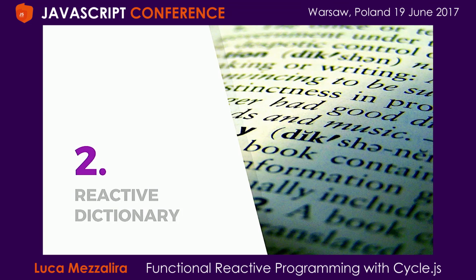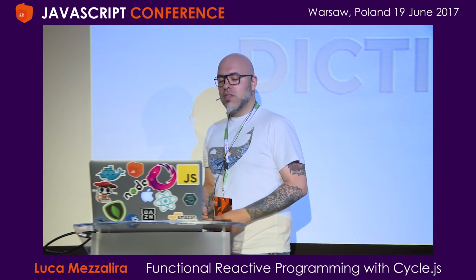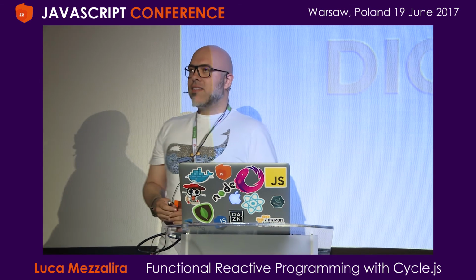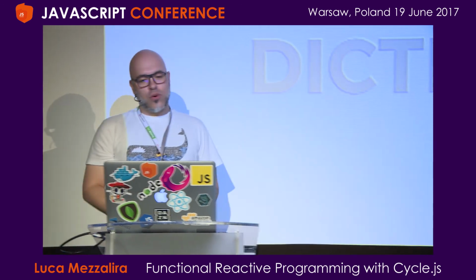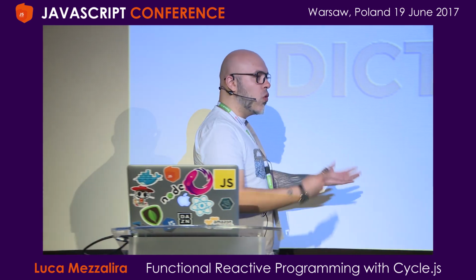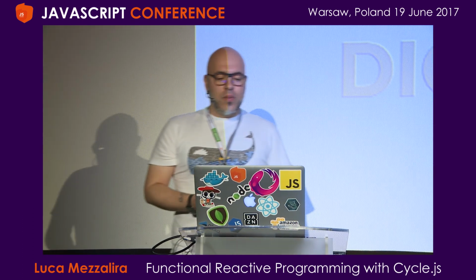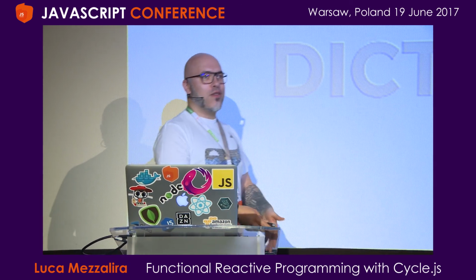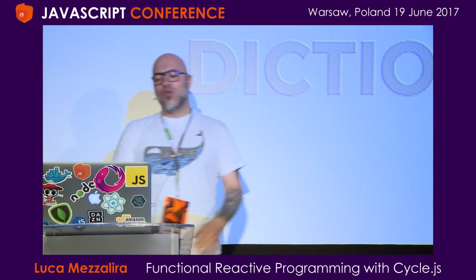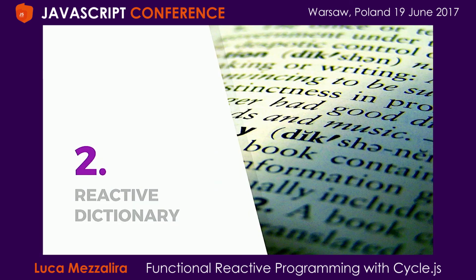So usually, every time that I speak about reactive programming, I read a lot of books and a lot of blog posts, and one of the things that I think is the most difficult part to approach is the dictionary. Reactive programming has a completely new set of words that you need to learn in order to understand how it works. And that's something people often don't pay attention to. They just take the first library, I don't know, most.js or RxJS, and start to work with it. But you need to understand what is behind, because otherwise you just work with the tip of the iceberg. But the iceberg is way bigger than that.